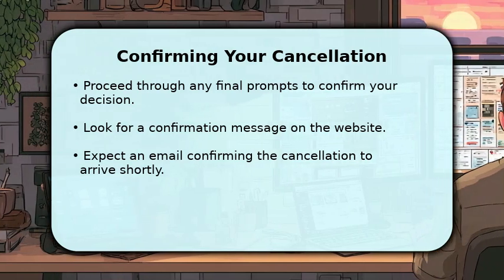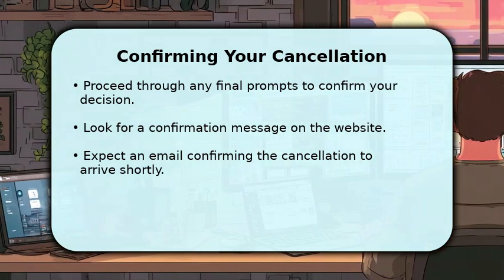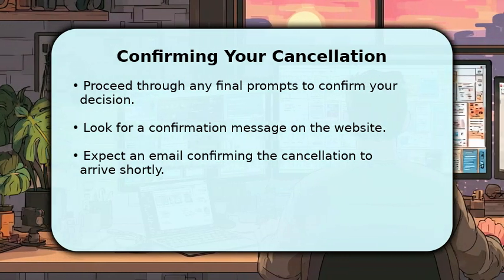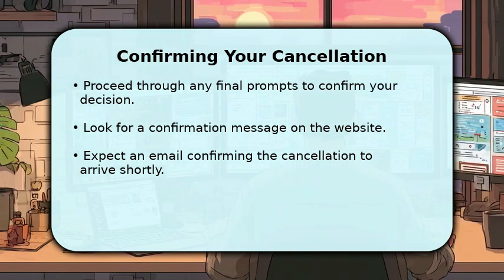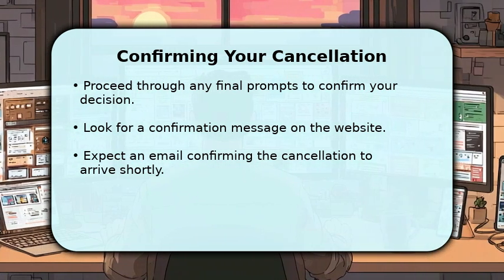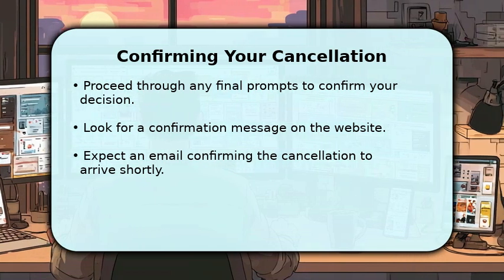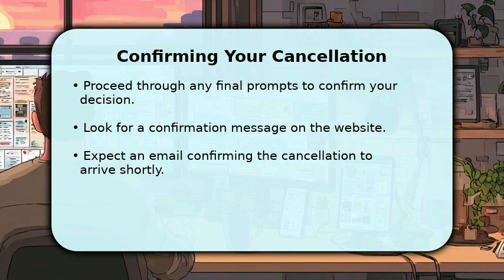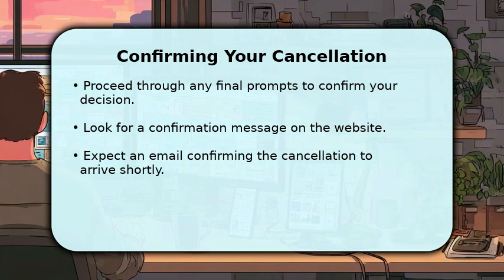After considering any offers, you will need to click a final Confirm Cancellation button to complete the process. A confirmation message will immediately appear on your screen, indicating that your membership has been successfully terminated. Additionally, you should receive a confirmation email to the address associated with your Audible account within a few minutes. Retain this email for your records,